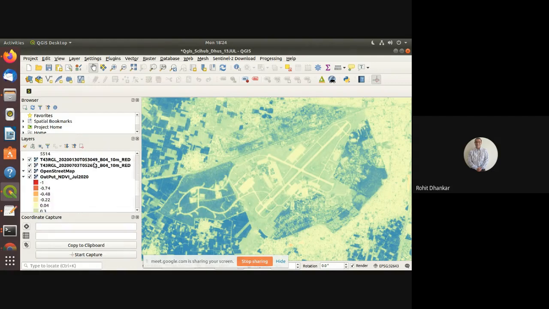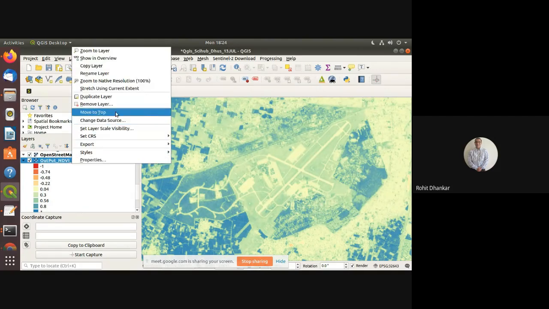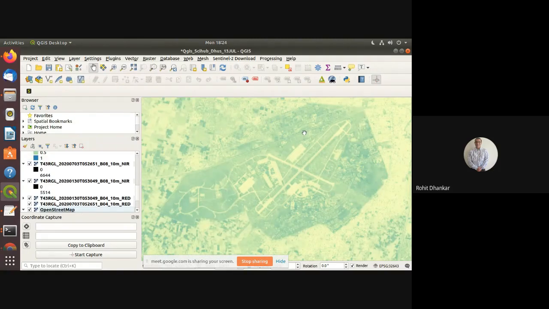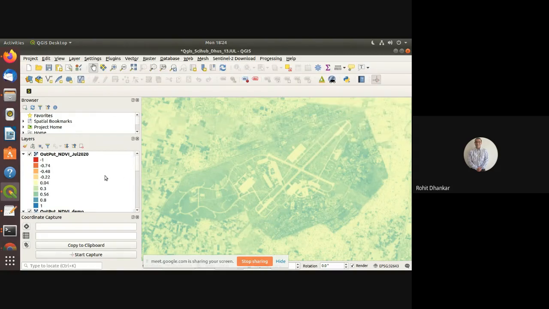Now, to see how this is different from the July one, what is visible right now on the screen is actually the Agra airport. So this is not the Bharatpur Wildlife Sanctuary. I'll just scroll to that. I'll just change that. But if you look at the airport also, and you say July move to top, this is the difference. You see in July versus January, July is much more,